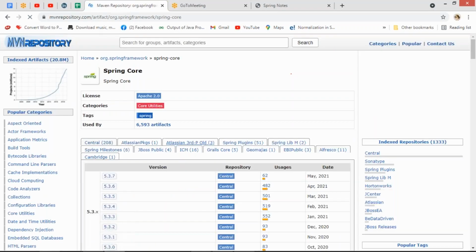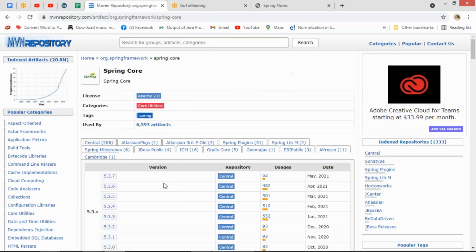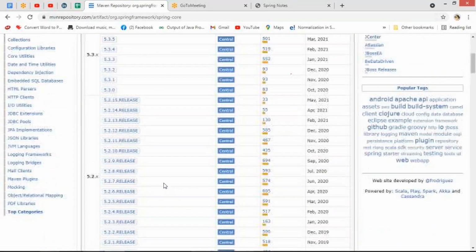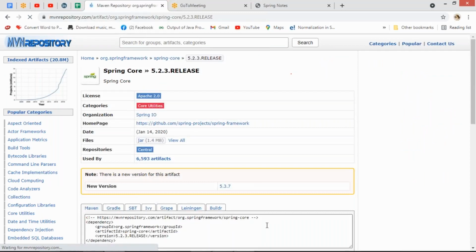So you can select any version, but in my case, I'll go with, yeah, which version, guys? 5.2.3. I'll go with 5.2.3. If you want, you can also select 5.2.3. And then,